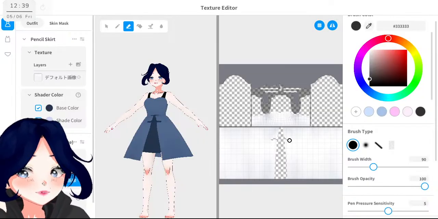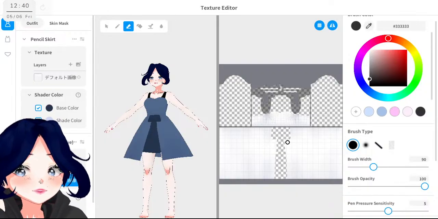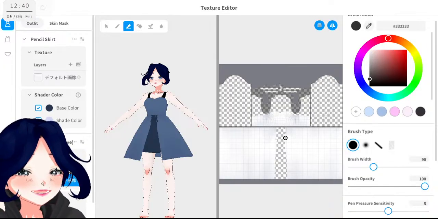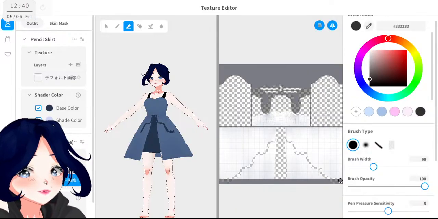And honestly, I hadn't realized the time yet, so I might have to leave soon. I'm going to finish the base for the dress. I mean, I did spend a huge chunk of the stream not really focused, so it was only right for me to end up focusing, even if it was later.